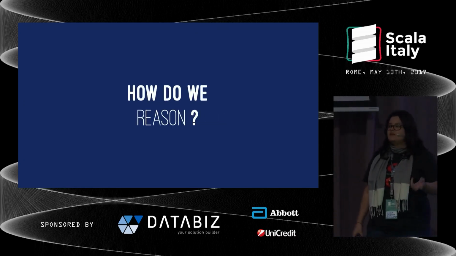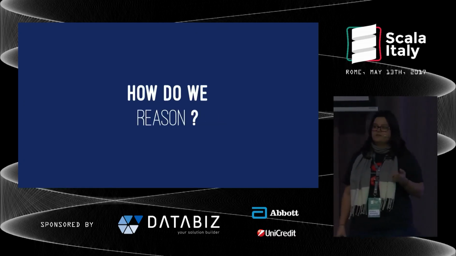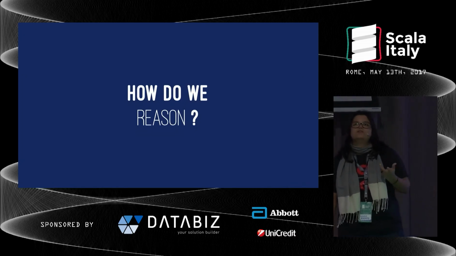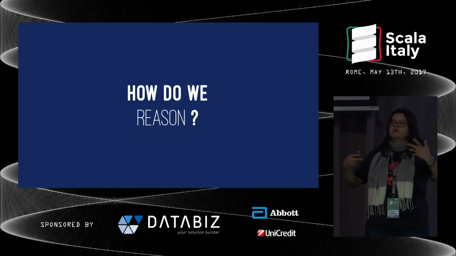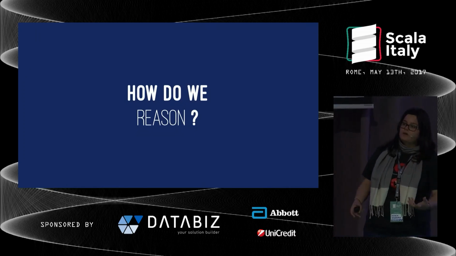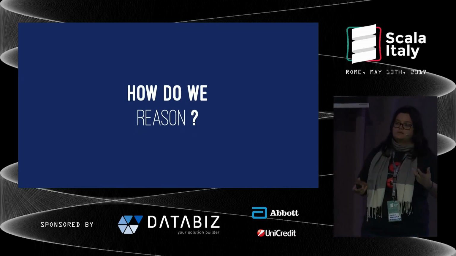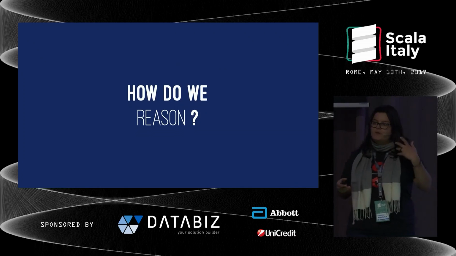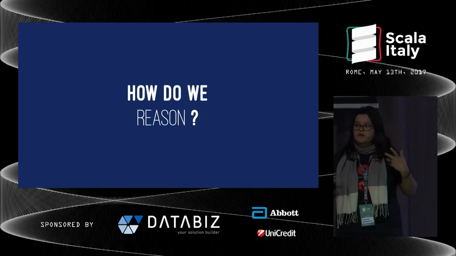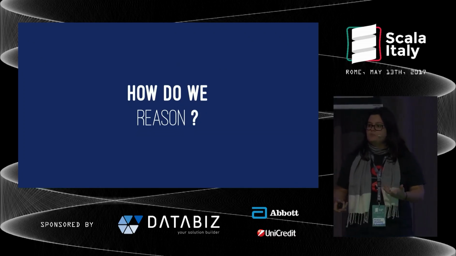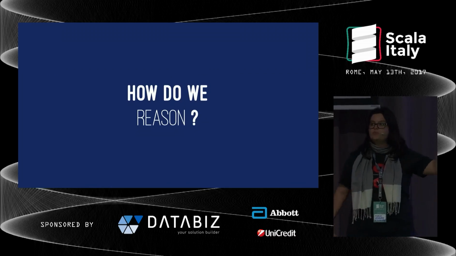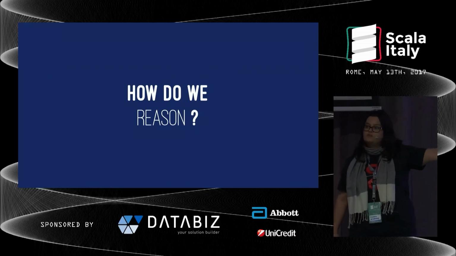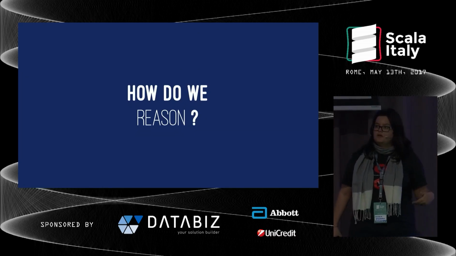So let's start a little bit with why category theory is important. And the first thing is, when we code, we actually teach the computer how we reason. So in a way, we are translating how we think into a program. So how do we reason, right? So for example, we had to walk from the train station to here.